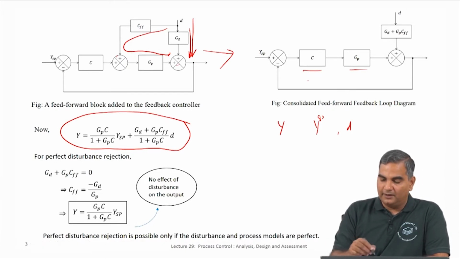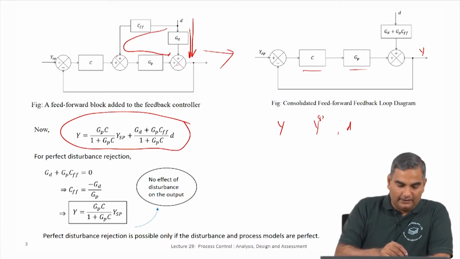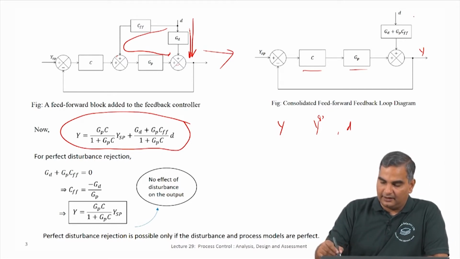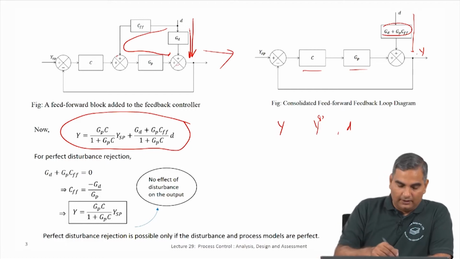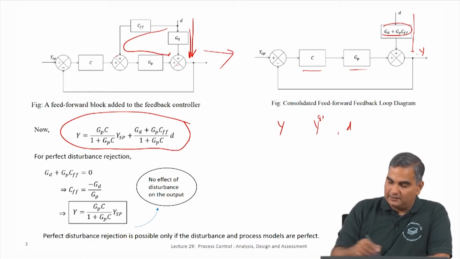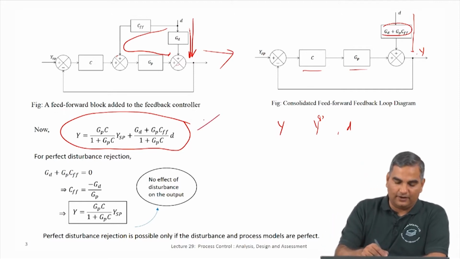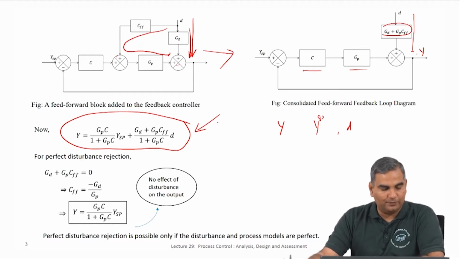You simply say the transfer function between y and y set point is go all through this, and then I get GPC divided by 1 plus GPC, and the transfer function between this and this is GD, which is now GD plus GPCFF divided by 1 plus GPC, the same rule that you have. So, this you can easily verify for yourself that this is actually what happens. Now,